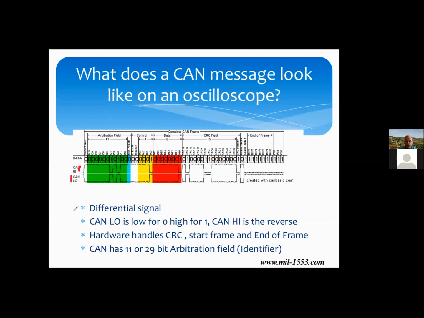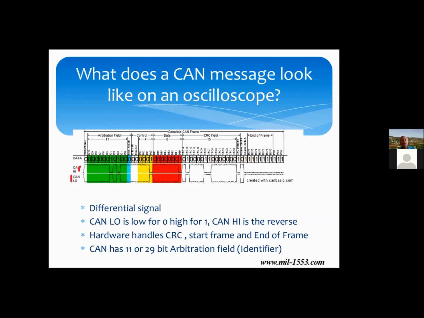Now, this is not dual redundant because you need both wires in order to get the signal across. And one is always the complement of the other. So let's say a 0 is the first bit you want to send. The CAN high is going to be high for a 0, and the CAN low is going to be low for a 0. For a 1, the CAN high is going to be low, and the CAN low is going to be high. This tells you that CAN bus was developed by hardware engineers who have a tendency to do everything backwards. Certainly, that's been my experience. Anyway,